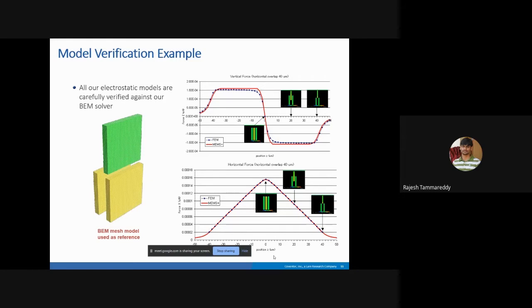Okay, on the bottom graph, you can see the electrostatic force in the X direction, the comparison between FEM and MEMS Plus. Here you can see that there may be slight variation compared to your FEM model, but that will be less than 5% deviation. Here, our main goal is, without losing accuracy, we want to take this model for system level simulation and IC integration, right? Which we cannot do using the FEM approach.